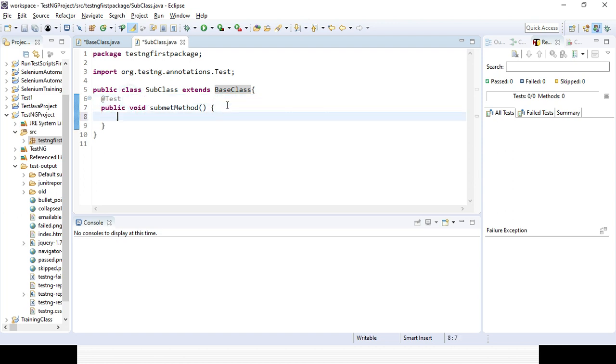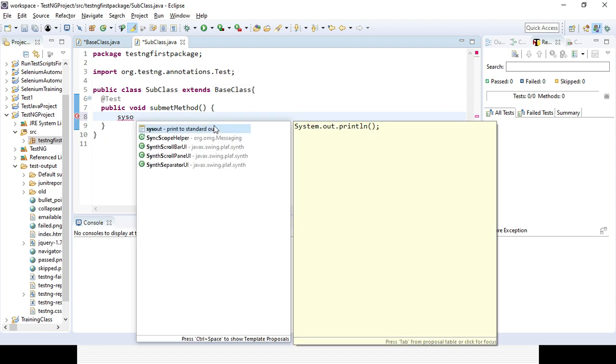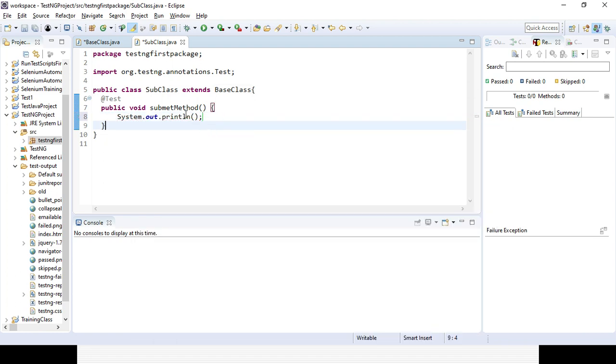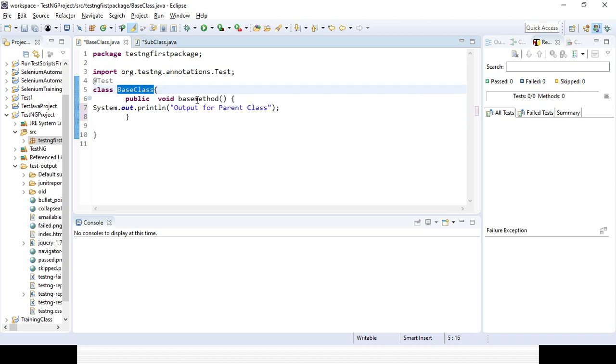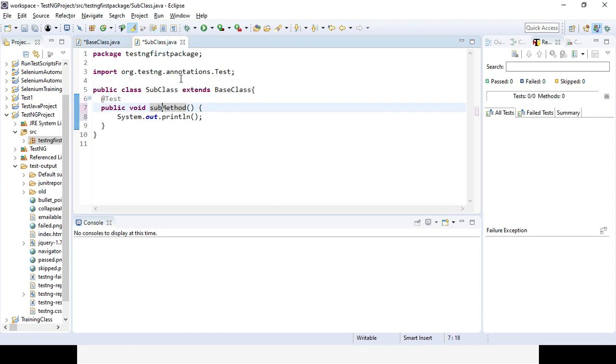If I want to print out something, the output for sub, I am giving the method name as sub method, and in the base class the method name is base method. The subclass is extending the base class, and the method name is sub method.